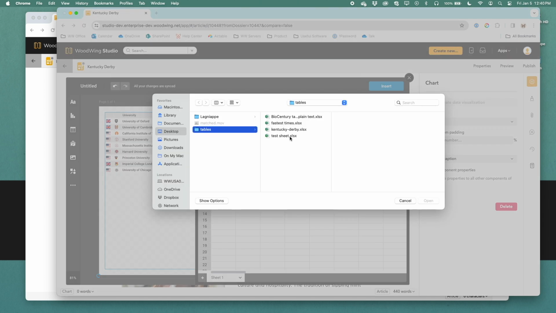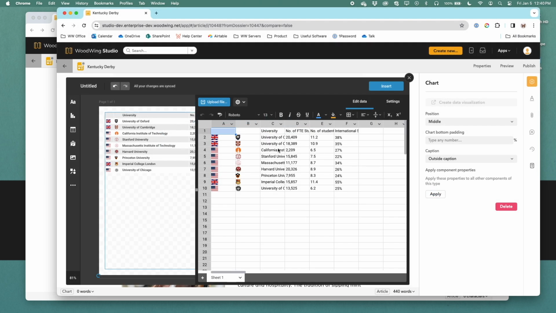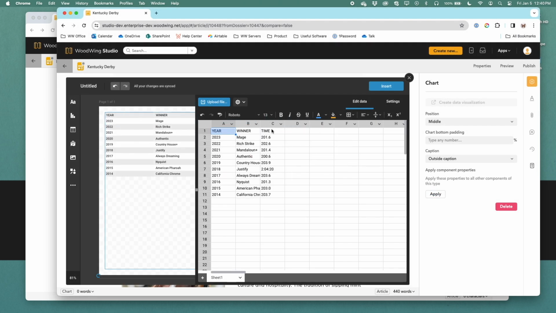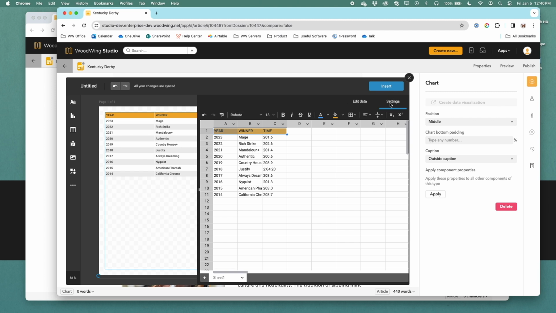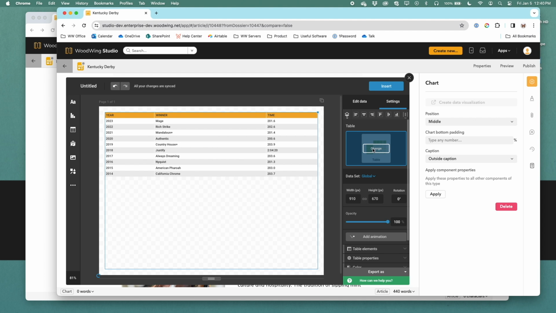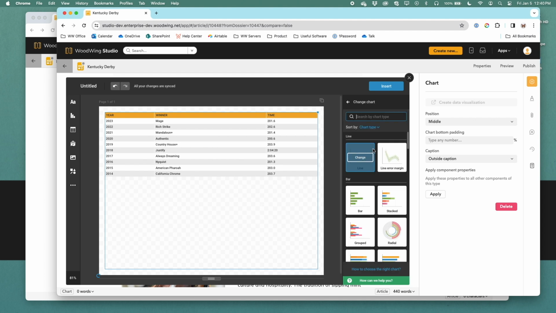Infogram has more than just table formats. This is one of the reasons why we were so happy to work with them. If you want a pie chart, a map, or an infographic, this can all be done inside of the Infogram chart component. For example, if I am going to upload an Excel file, if I navigate back to the chart